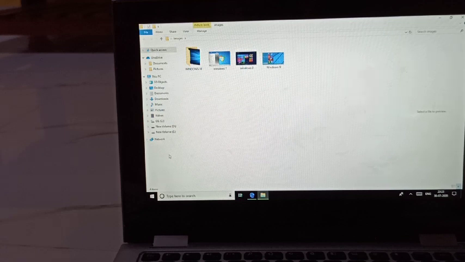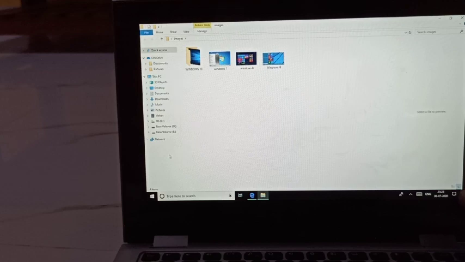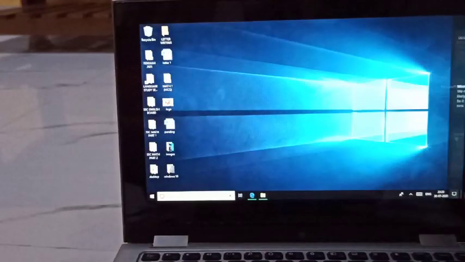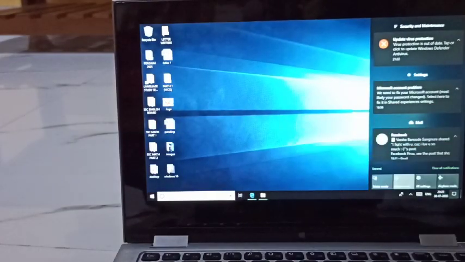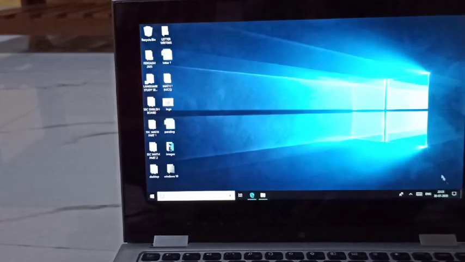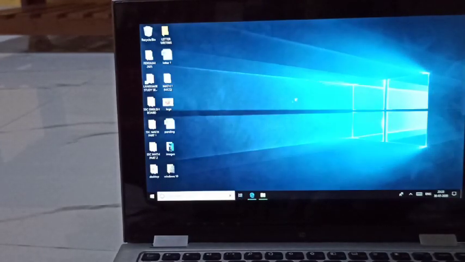And suppose in this way you have opened multiple apps, and if you don't see your desktop, what you will do is just simply press this peek button. See, you will directly come to your desktop screen, right? Means you can hide your apps here, right? Okay.